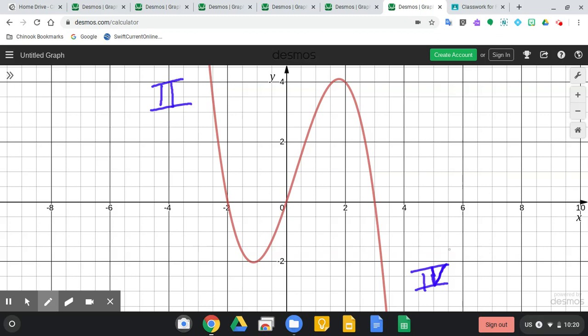And the connection has to go back to the degree. Linear functions are of degree 1. Cubic functions are of degree 3. Those are both odd numbers. And if we look at the parabolas, parabolas are of degree 2, which is an even number. So if you look at the summary chart at the end of our notes,